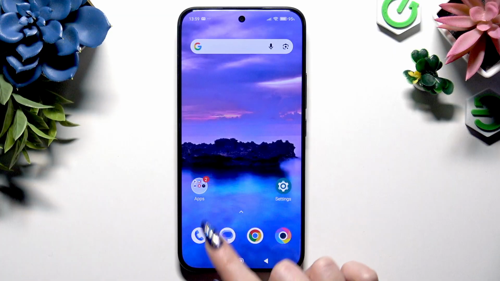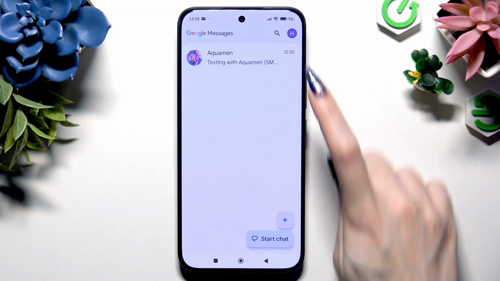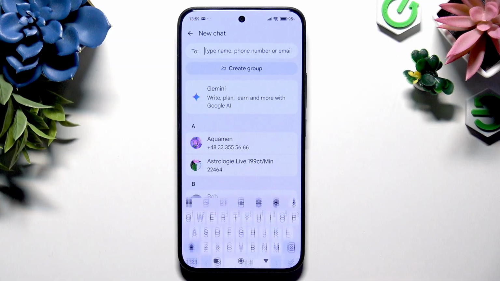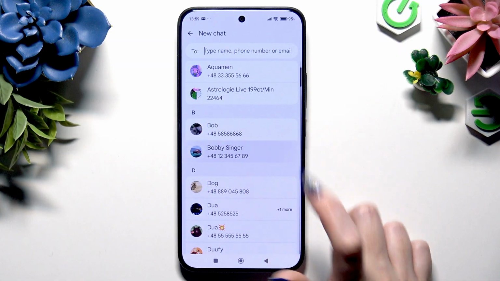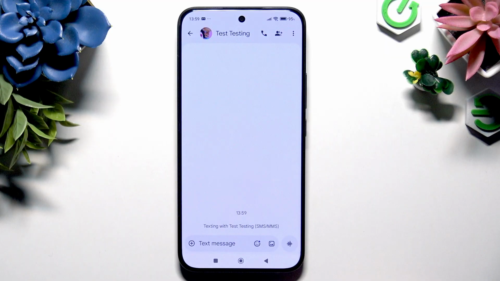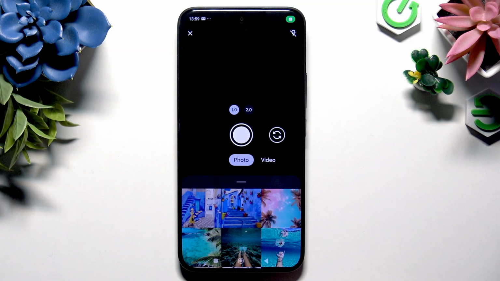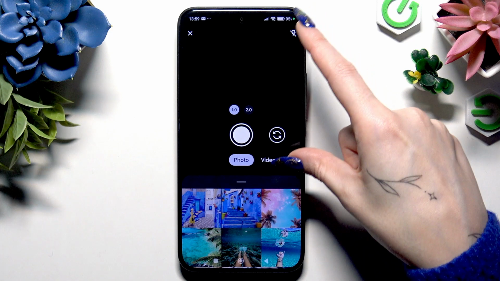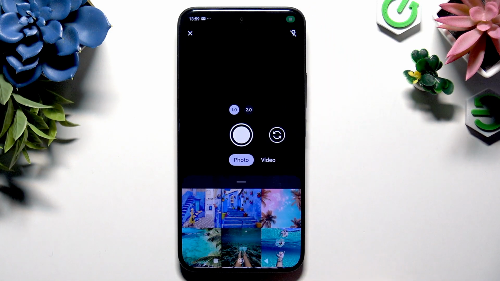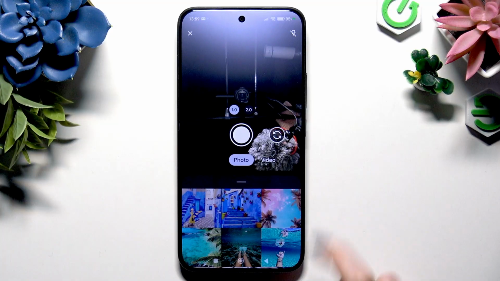Start by opening Messages app and selecting or creating a chat. Wherever you decided, when you're ready, use this icon of a photo at the bottom right corner. Now you can either use this top section in order to take a photo within Messages app